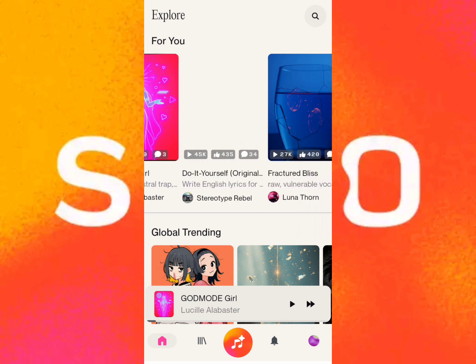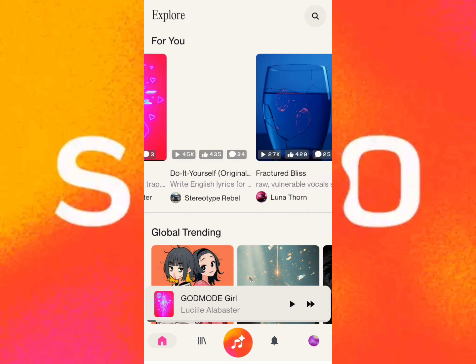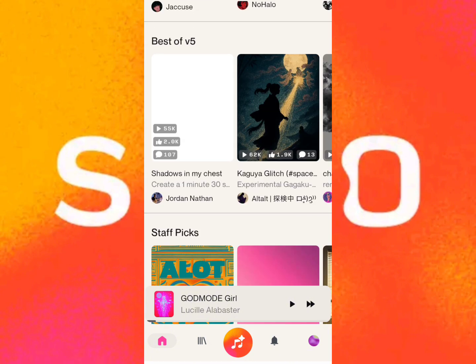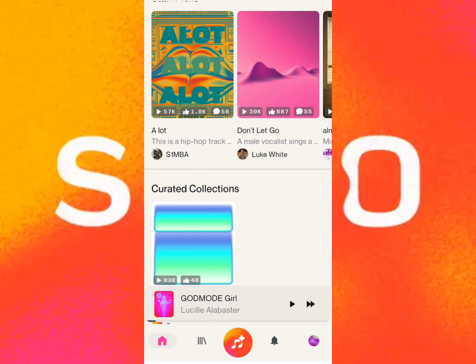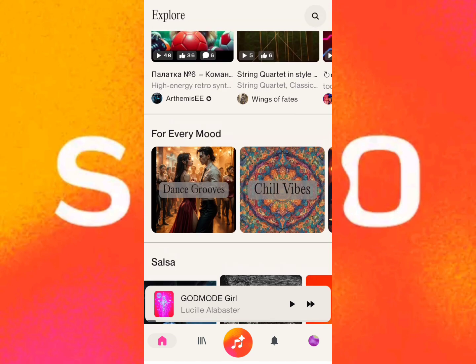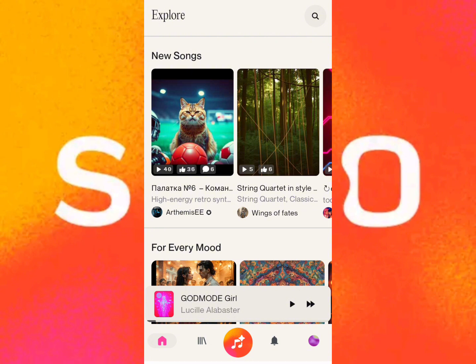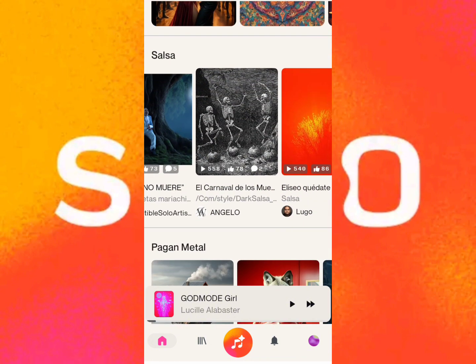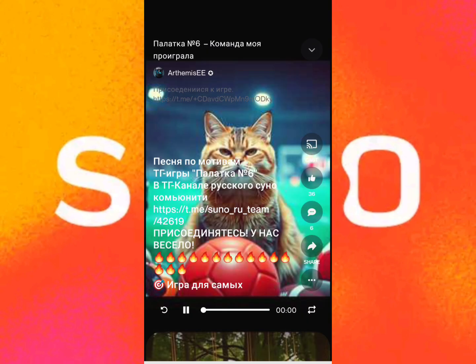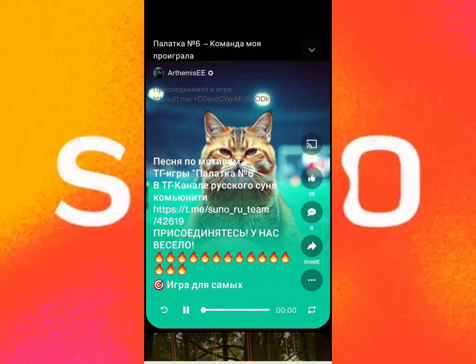As you can see, these are pretty much AI generated music that other people have generated on this application. Quite a lot of music that people have generated using this application. And if I scroll through, I can still see a lot. Also, you have sections for each music. You have moods here, whatever the case is. And pretty much you can just tap on one of these music and just like that, you will start listening